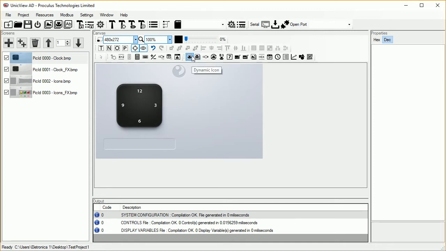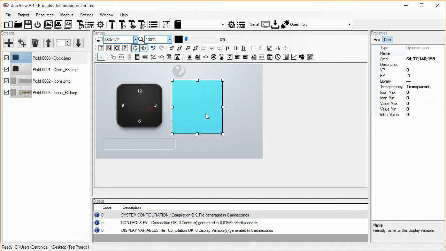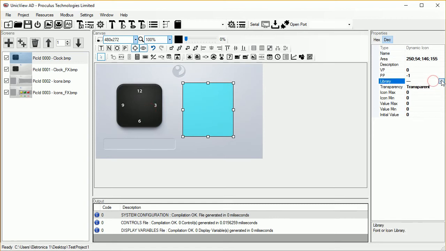To exemplify the usage of resources, let's create a dynamic icon object. Since all resources have been compiled, the library property correctly shows icon library icons 1. All previews are also displaying correctly.